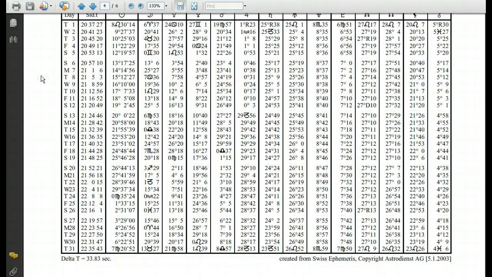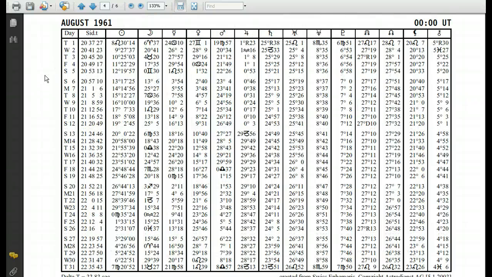So say you want to figure out the years of your life in which a progressed planet, in this case the progressed sun, is going to change signs. One quick and easy way to do it, because each sign has 30 degrees, is deduct your natal degree from 30. So mine's 13. 30 minus 13 is 17. So we know probably around my 17th year, the progressed sun will have moved into Virgo, the next sign after